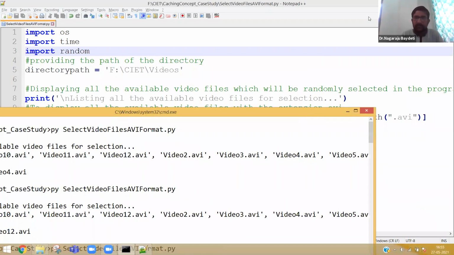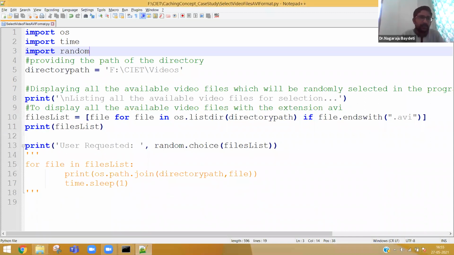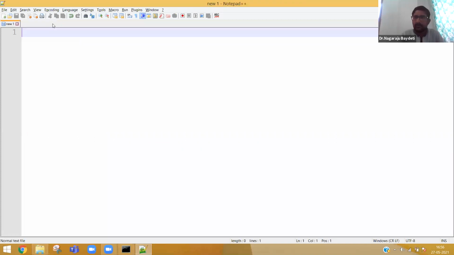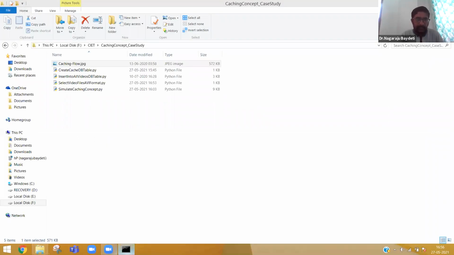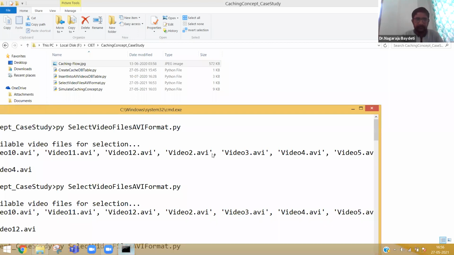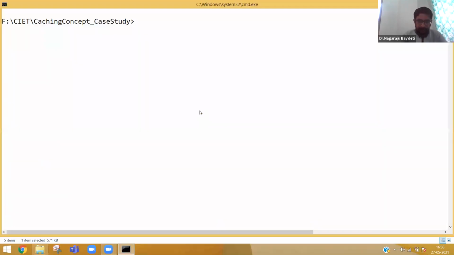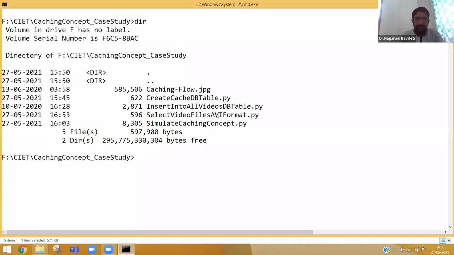But before the break, let me show you 2 more small Python programs. Imagine there are 2 tables.